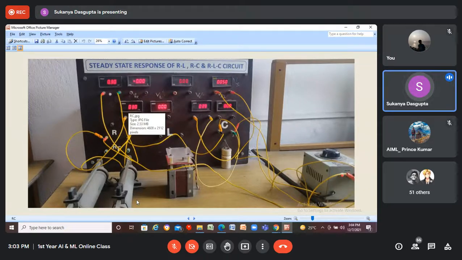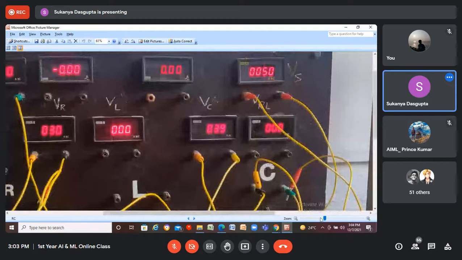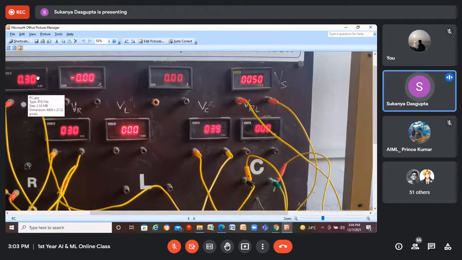Later on you will note down all these readings in the fair data sheet. Okay, so for the time being you just note down Vs equal to 50 volt, I equal to 0.30 ampere. 0.30 ampere is the source current, 50 volt is the source voltage, right? VR 30 volt and VC 39 volt. Okay. For RC series, just at the top you give the heading as RC series circuit. So for RC series circuit, the Vs is 50 volt, Is the source current.